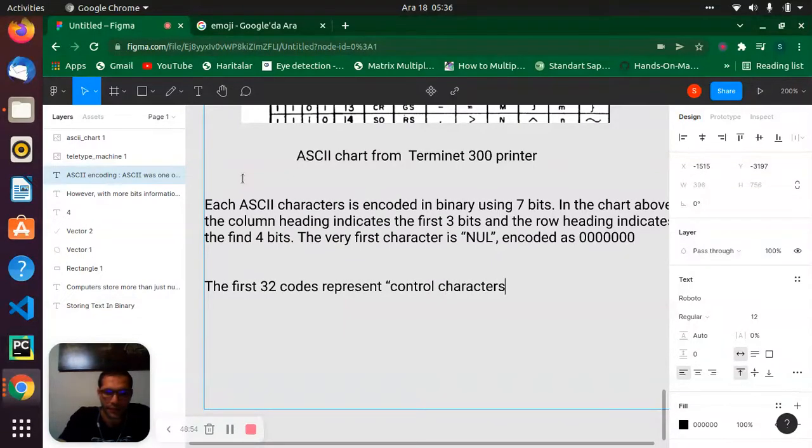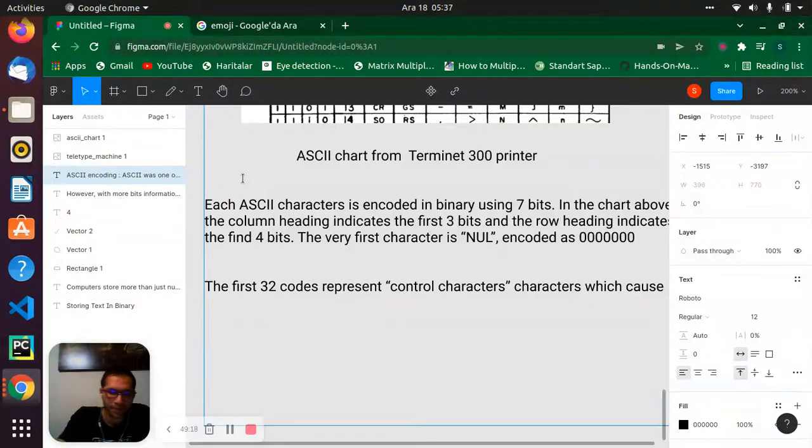Control characters are characters which cause some effect besides printing a letter.